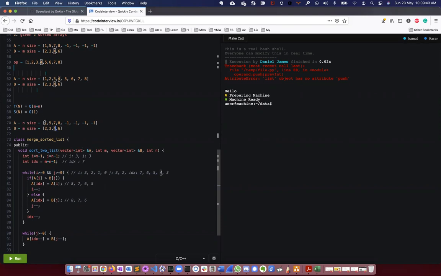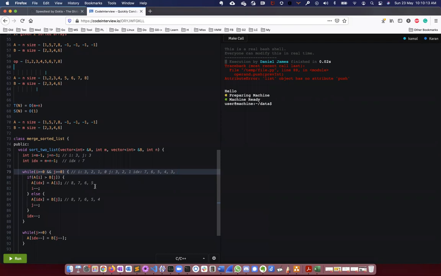Then 0 index with 4, it will compare. Then 4 will be added here, and it will be decremented to 1 here, and this will be decremented to 1. So I had some confusion here. Now I think it's fine.